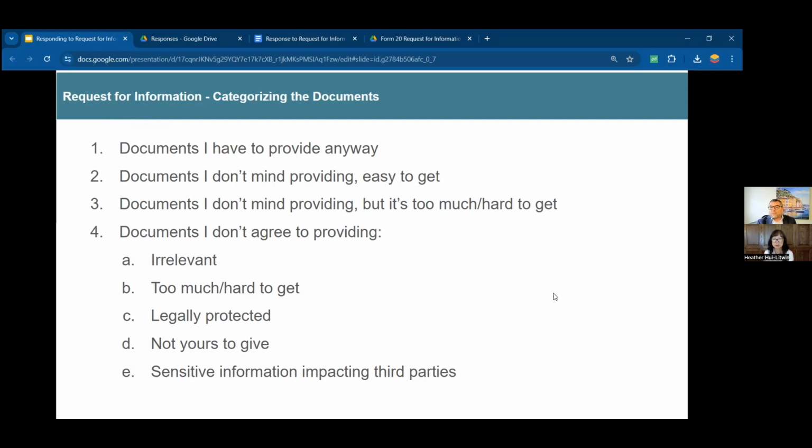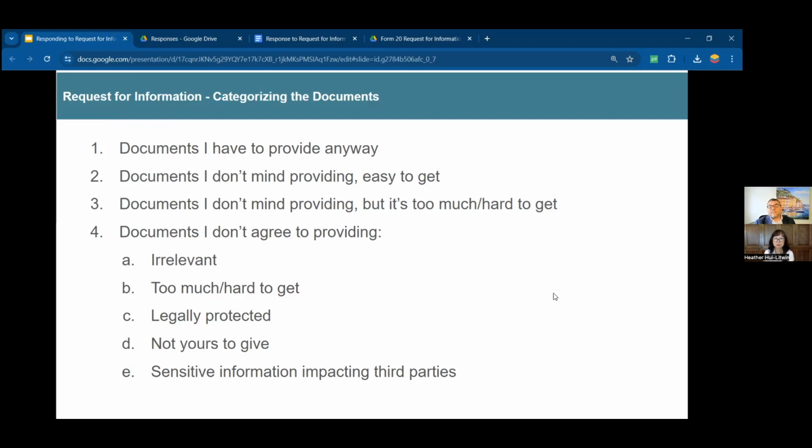The reason why they're bothering to ask is they're basically saying, this is your case to prove. But if they didn't ask for it, it's still your case to prove. So you would want to provide that information. They're kind of doing you a favor by reminding you to do your job. So that's number one: go down the list and say, wait, and if you need help, then I strongly recommend you get advice from a lawyer that will help you determine what documents you need to provide anyway. That's really important.